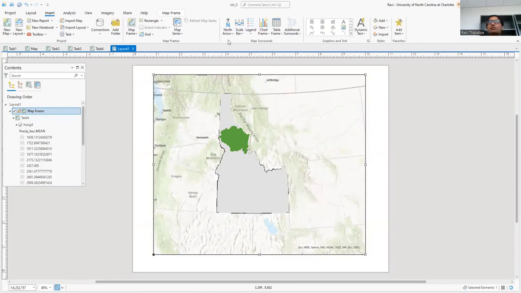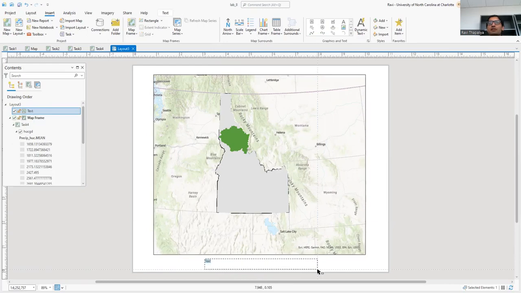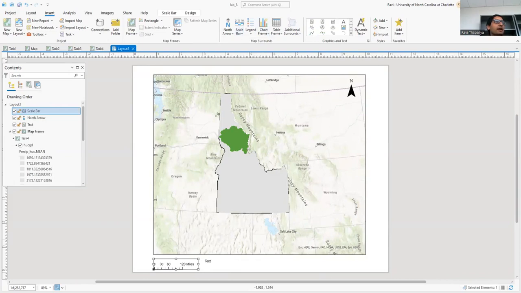For that, you can go to the text, and then you can add text showing your name and date, and then also add a north arrow, scale bar, and then add a title, add a legend,